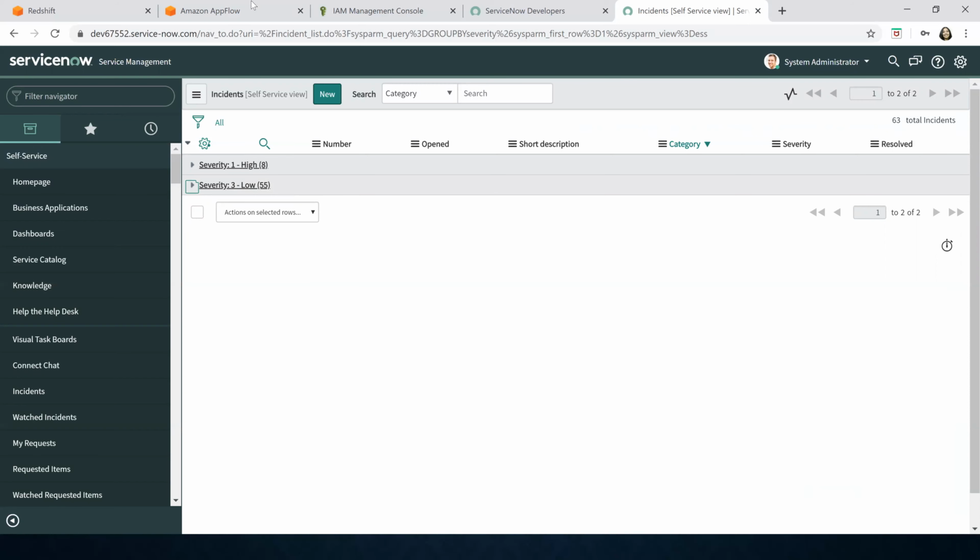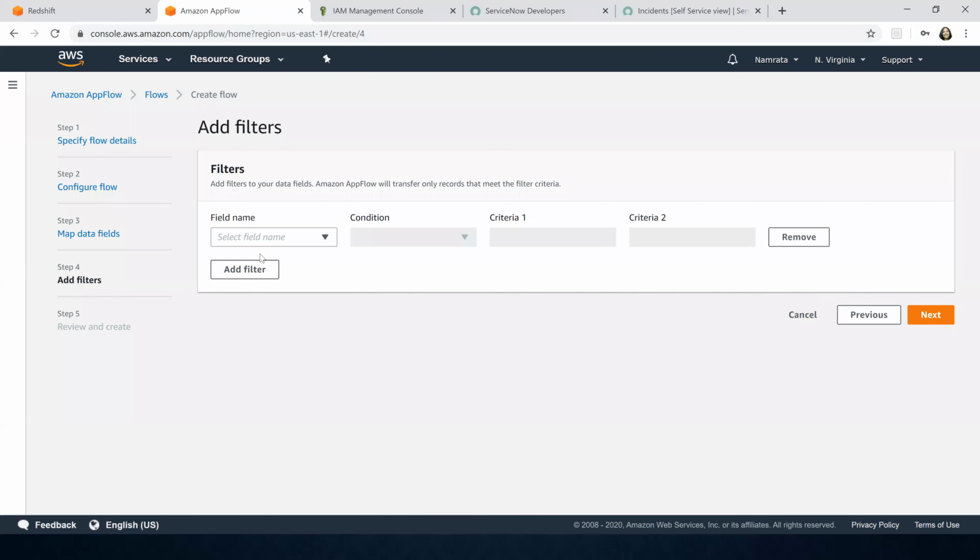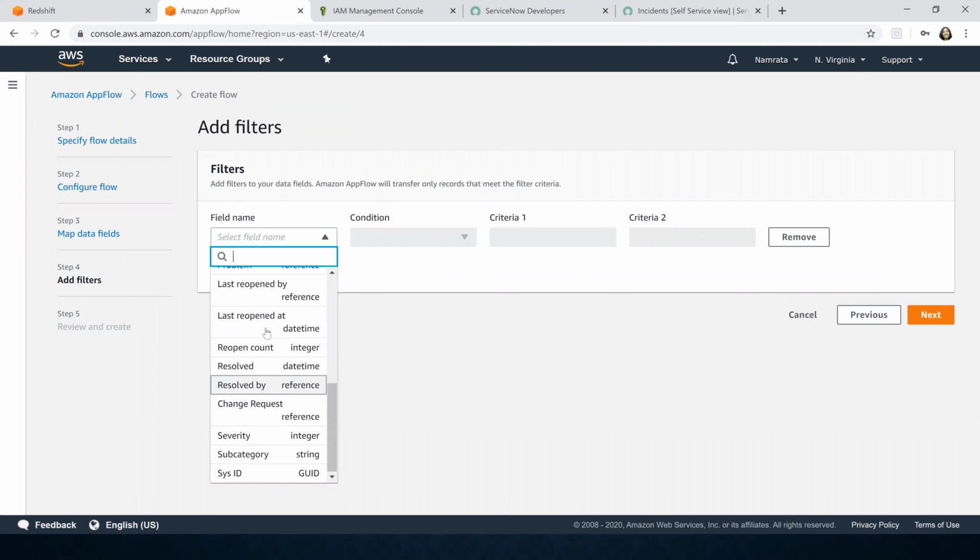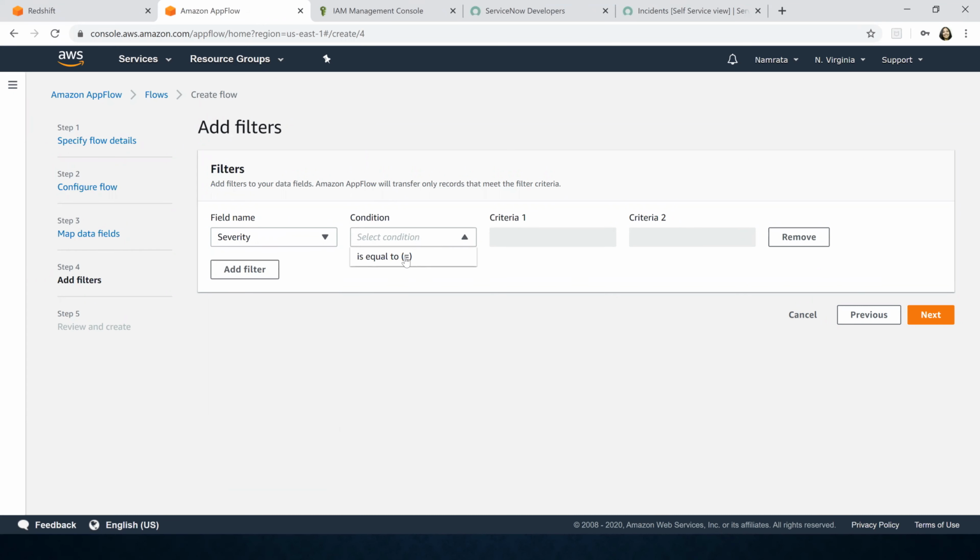So in short, we have a total of 51 records that have severity as 3 or low. So let's add a filter over here saying that select all rows that have severity equal to 3 or low. So basically we will have 51 records that will meet this filter criteria, right? There are a total of 55 records that have low severity. 4 will be out because of the validation because they don't have a category. And hence we will have a total of 51 records that meet our filter criteria.